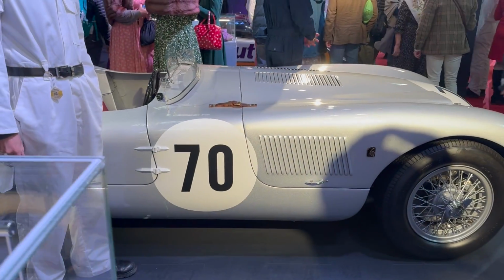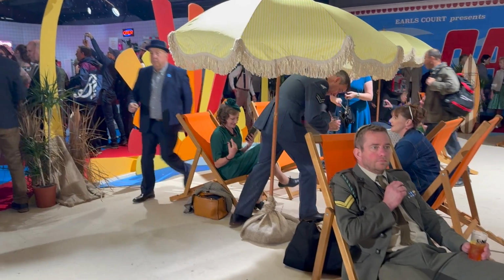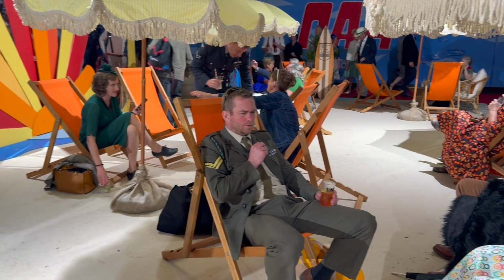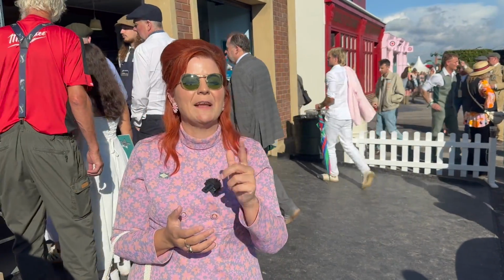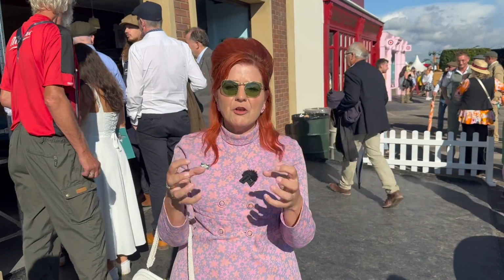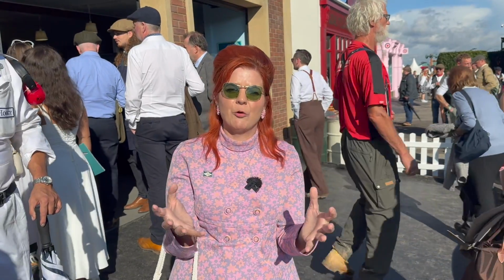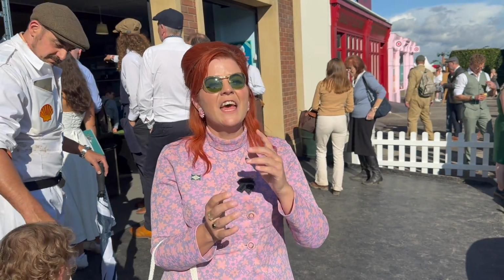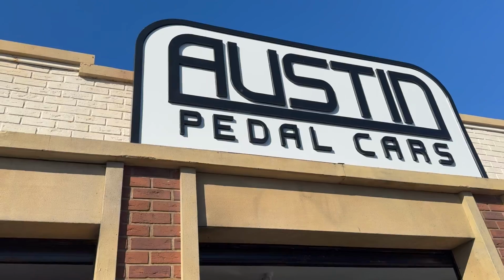So whilst maybe they didn't have fun family activities or a deck chair situation where you could sit yourself down and grab a drink from a bar, it was still very fun. As many of you know, I'm a big believer in starting them young, because if you can get that hobby locked in nice and early, you can take children with you to places like Goodwood Revival, and you can also get them excited in your hobby and help keep the love of classic cars alive for the next generation. Now, one of my favourite companies that really tap into that ethos is the Austin Pedal Car Company,